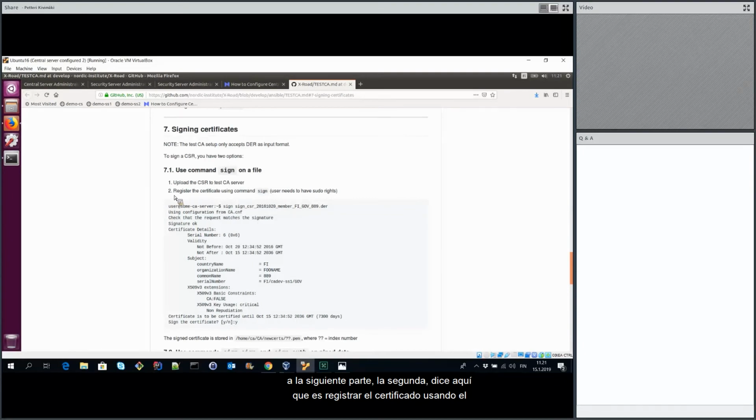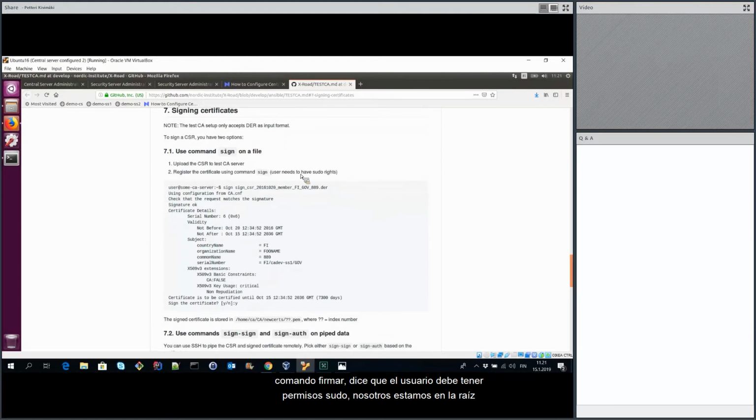So the second part here is to register the certificate using command sign. This user needs to have sudo rights. We are already root, so there is no problem. Command is really simple, so you just say sign and then the CSR file name,